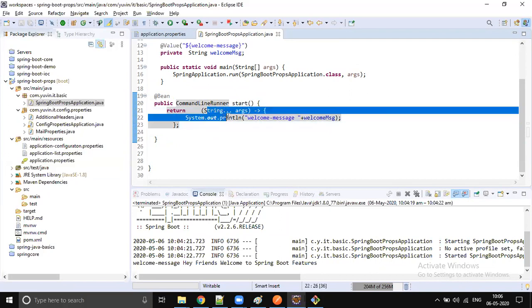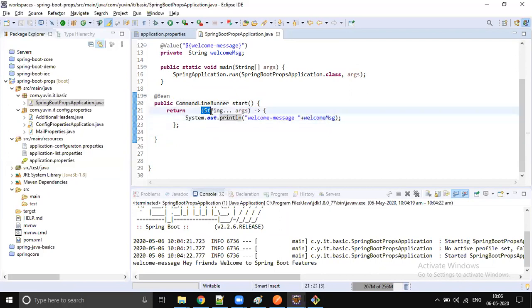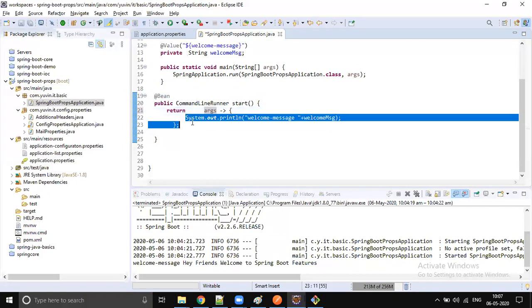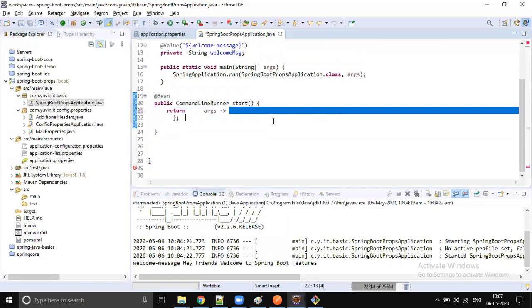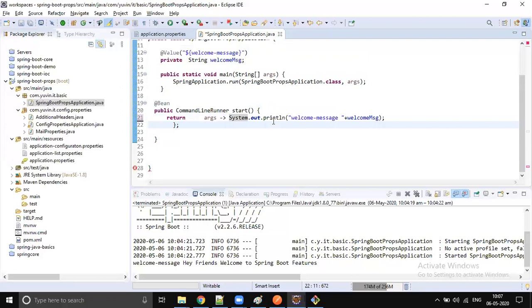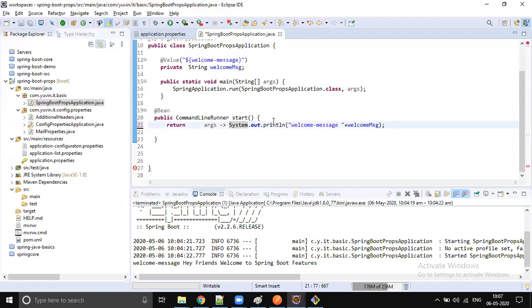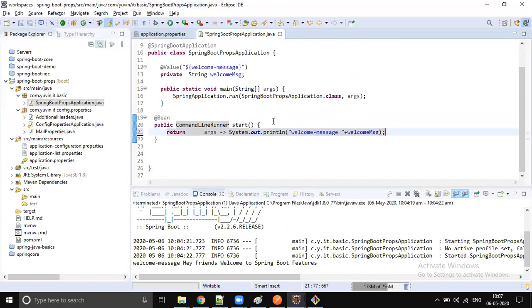Here we are passing only one argument, so specifying the parentheses is completely optional. And our lambda expression body is only one line, so you can remove those curly braces. So this is how you should write your command line runner.